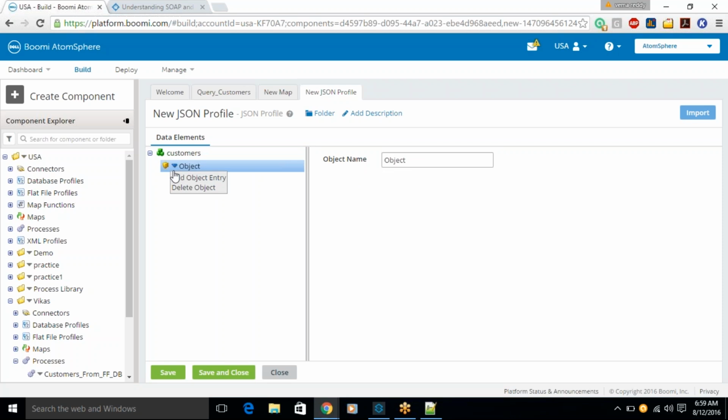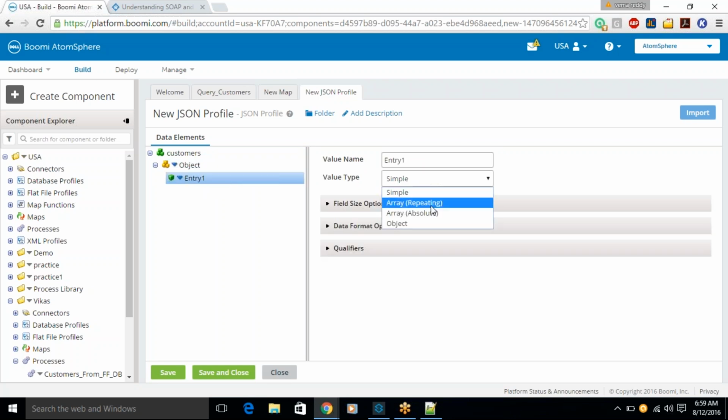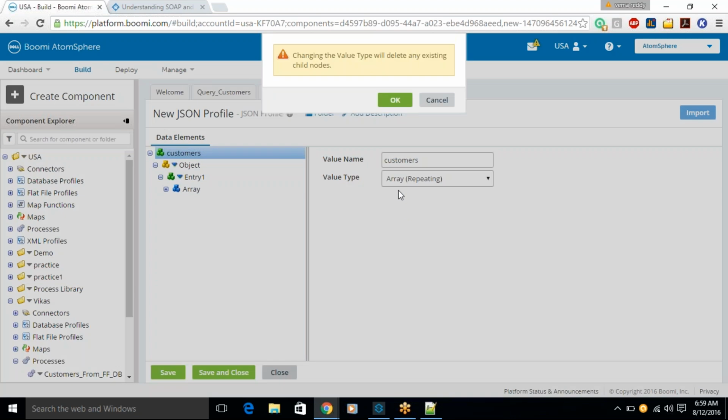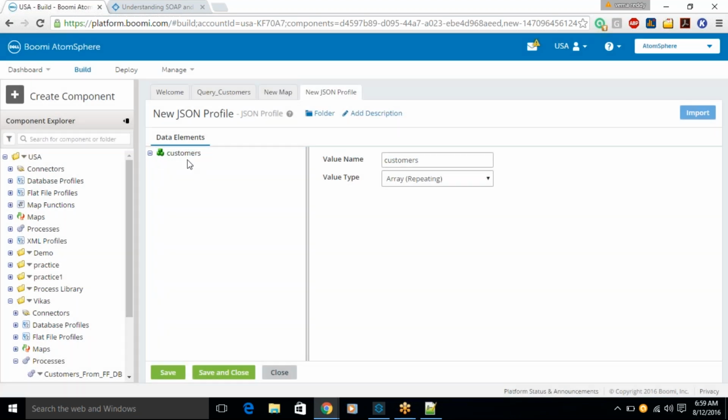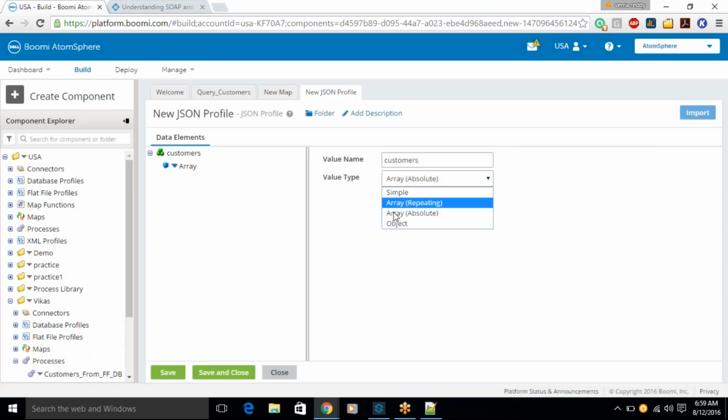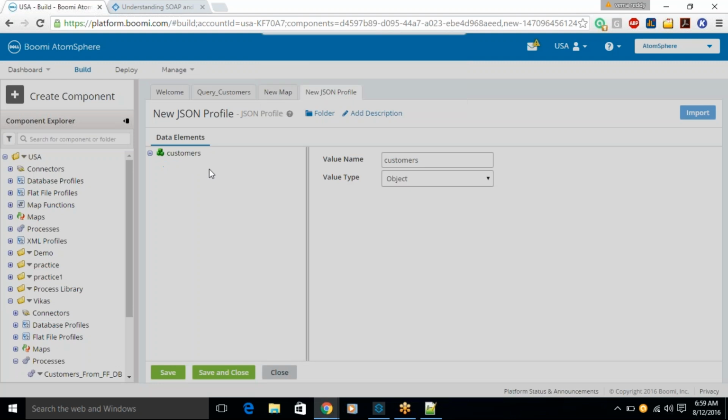Okay, now let's go here. Add an object entry. This is actually an array. Can we not add an array? Okay, this is how we have it. First we have to create an object called customers, and then